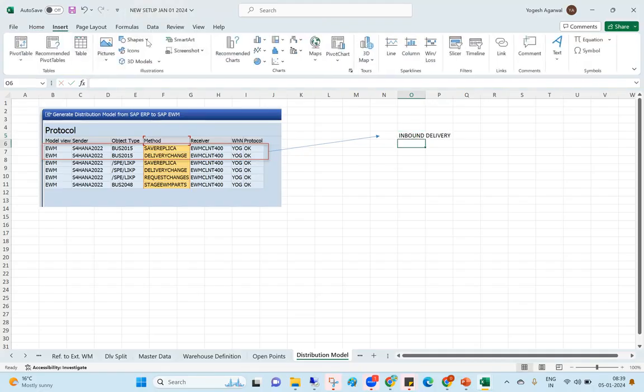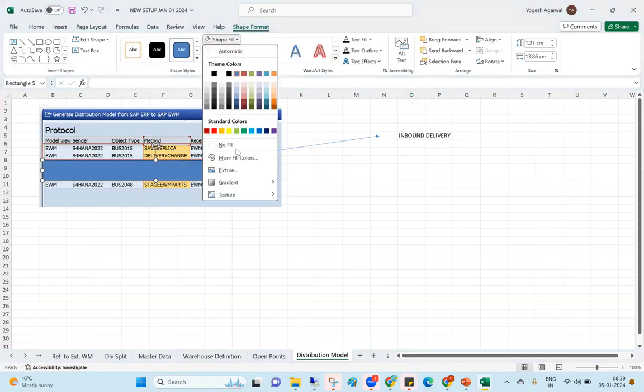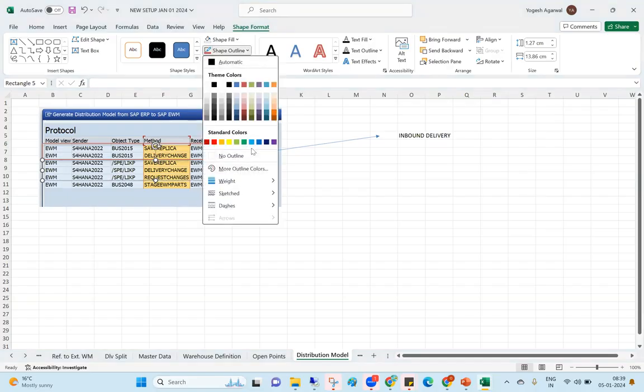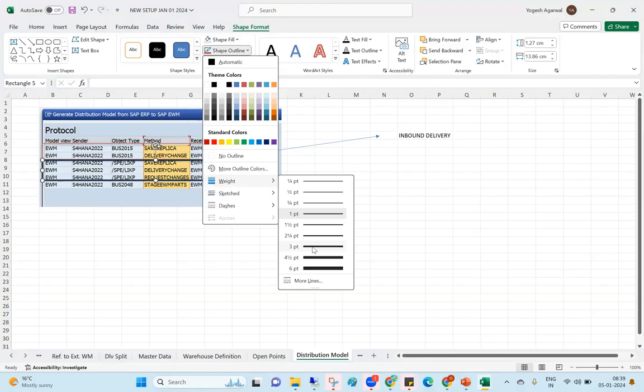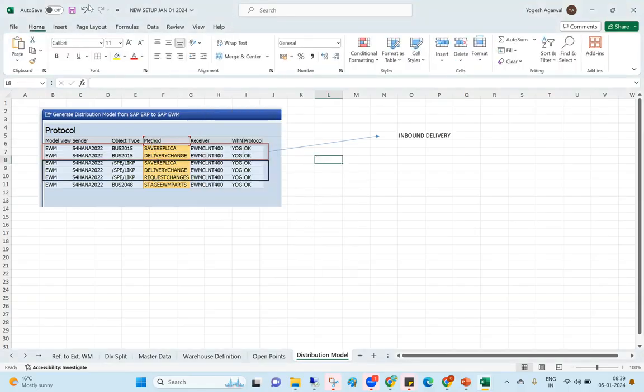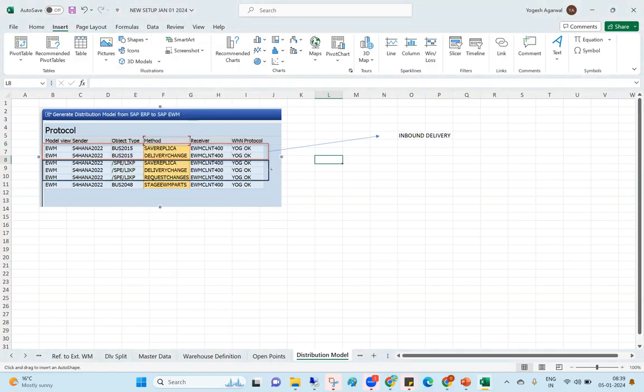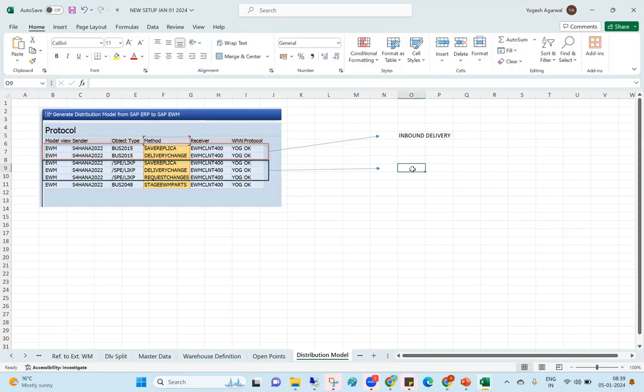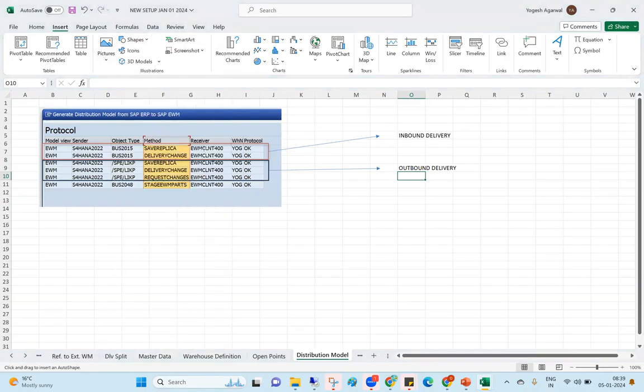Then we have three methods. Now this is very important. So this is outbound delivery. And the last that we see